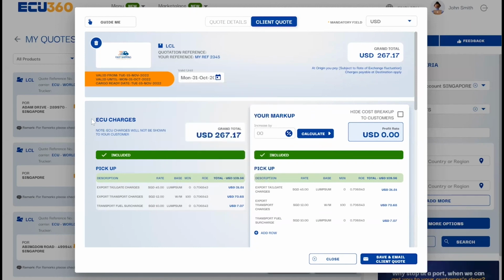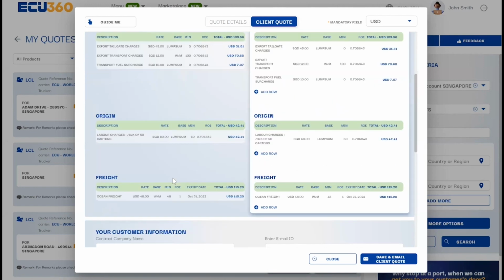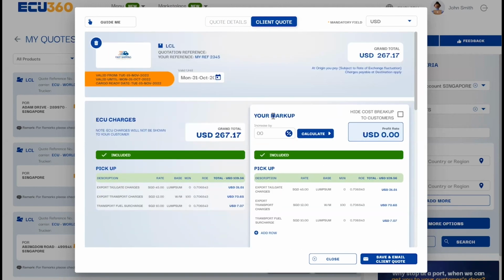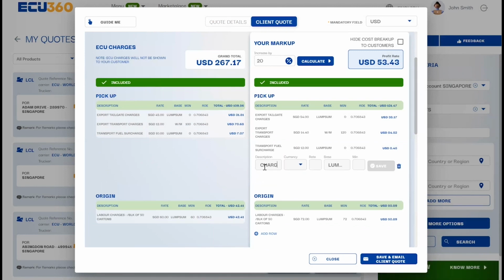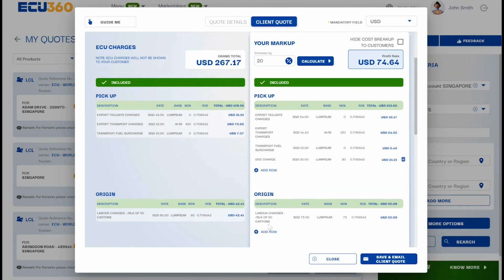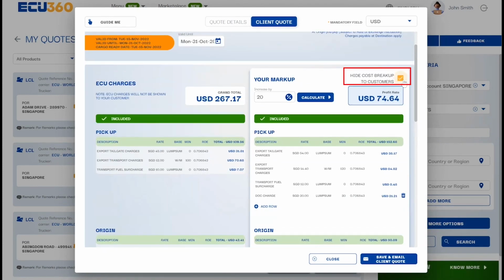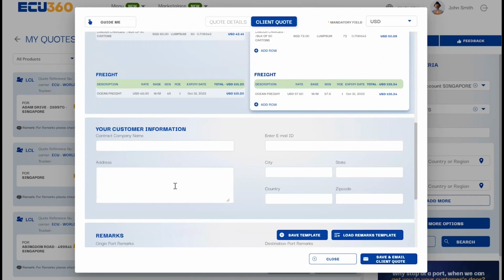You can review the EQ charges from your generated quote. Here you can add a percentage markup against the entire quote or adjust the value in any of the existing charges individually. Likewise, you can create a new charge by clicking on the plus icon. We also have an option to hide the cost breakdown to your customers so they only see a lump sum